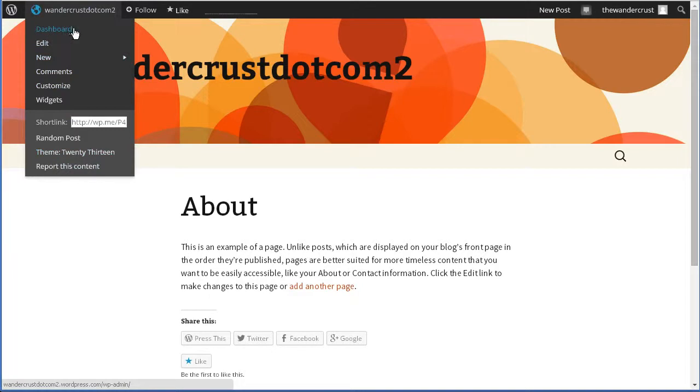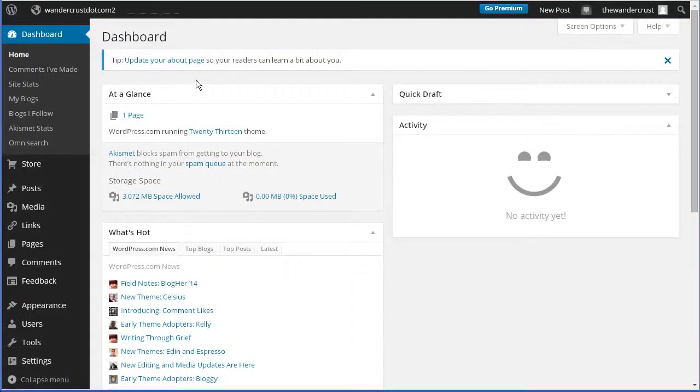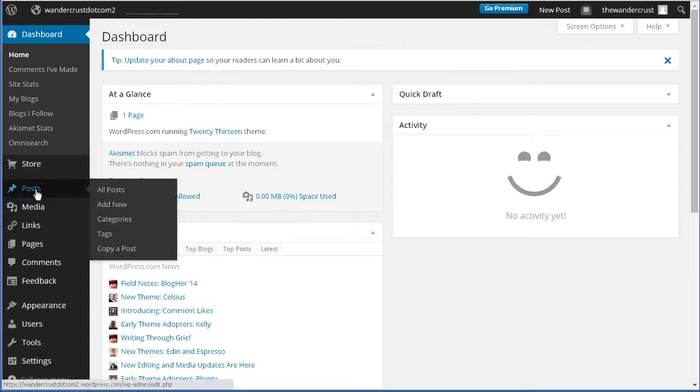So let's come to our first option for the dashboard. And this is going to take us to the main administration area for making changes to our site. We have all kinds of things we can do here. And this looks pretty overwhelming, so don't worry about memorizing what all this is at first, or even feeling super comfortable at first. The more you use it, the more familiar you'll get, and the less intimidating you'll see this really is. The main things you want to know here are how to add posts here in this post section,